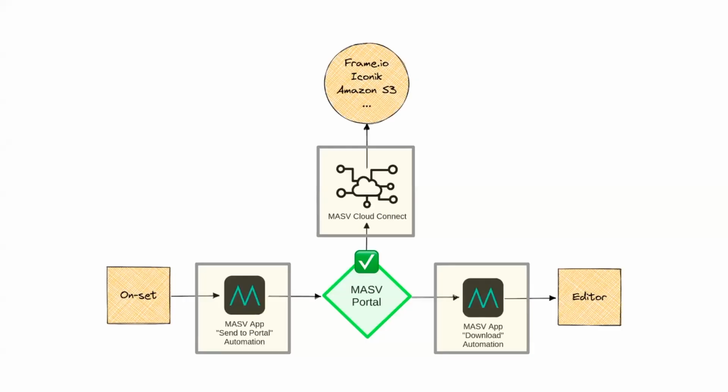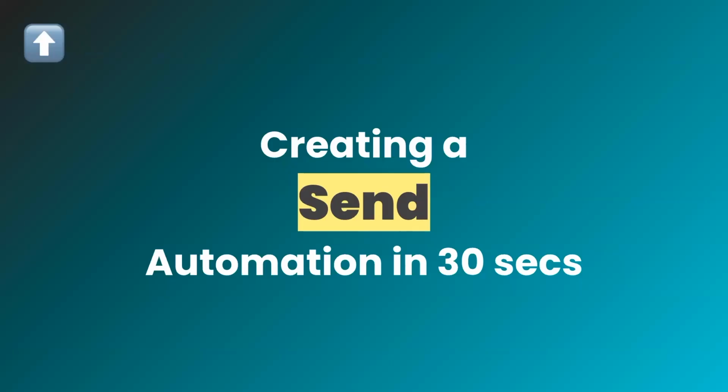All right, so what have we done so far? Going back to our solution design, we've just completed this step. We automated the receiving end on the editor's side. Remember, if we have multiple editors in different locations, say in different offices or working remotely from home, then we just repeat this step on each editor's computer so that each one of them will receive a copy of the files automatically. All right, next up, we'll automate the sending side by creating a watch folder automation on the DIT's computer on set, so that whenever they copy media into that watch folder, it automatically gets delivered to that portal that we created earlier.